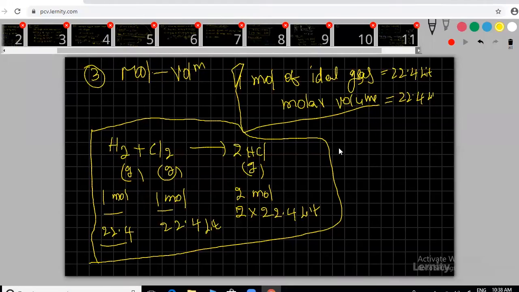Shall we move next? You can guess the question also, na? What's the problem? I am going to ask you: 2 moles of H2 reacting with Cl2, how many liters of HCl will form? You can guess the question also. Correct, 2 HCl. You can take 2 into 22.4 liters. You can't write directly 44.8 something. 2 moles this is. Please find what mistake you made.